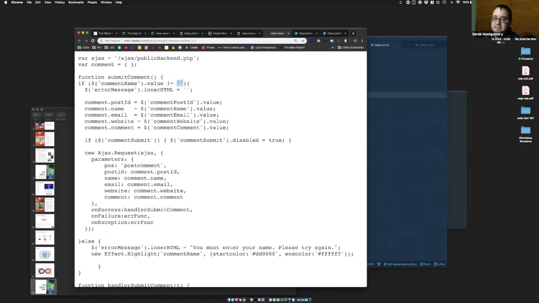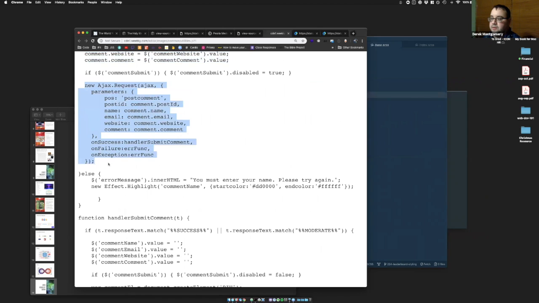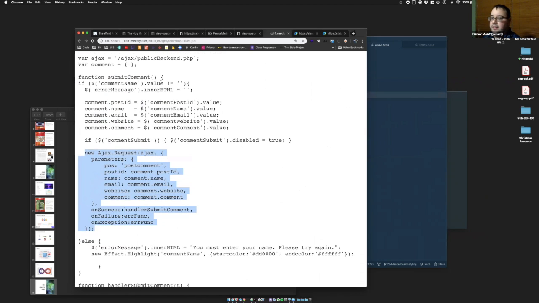So basically, if they typed anything in the field, then don't display an error message. And then he does something else with it. So you can already see when they submit a comment, if it's blank, don't display an error message, and then start setting some variables, and then he's going to do something with that with something called Ajax, blah, blah, blah.